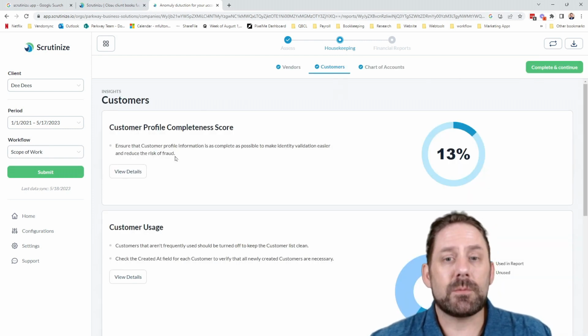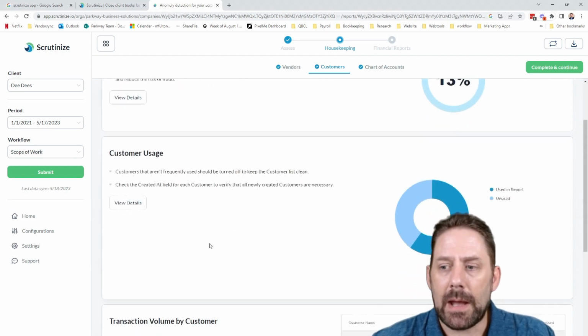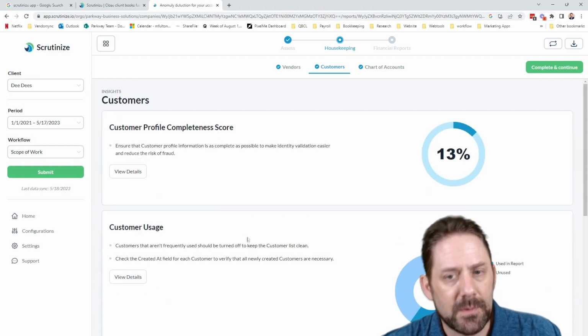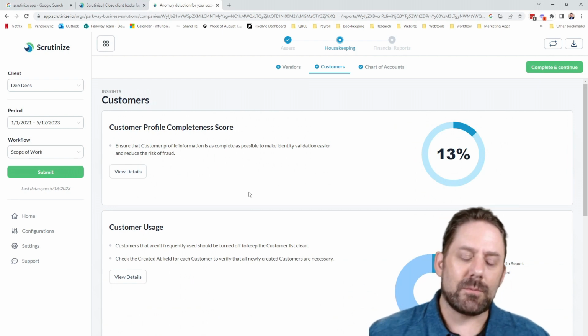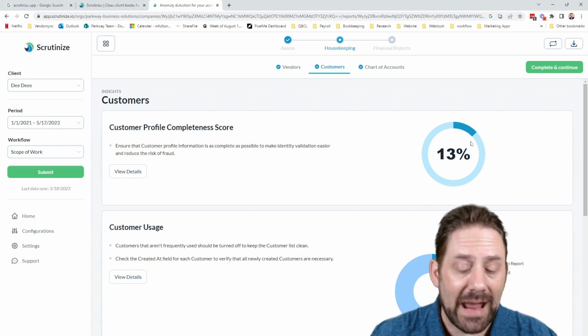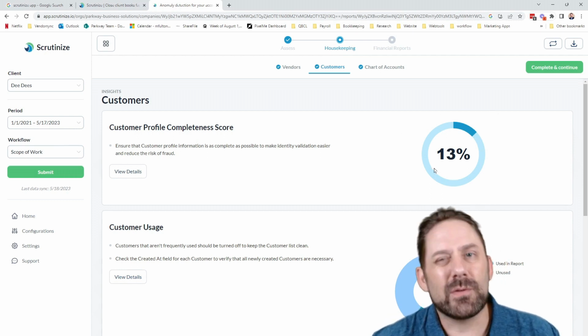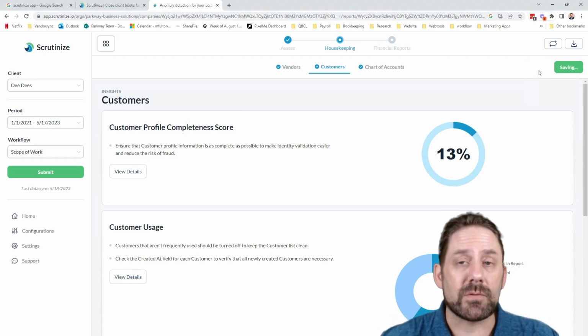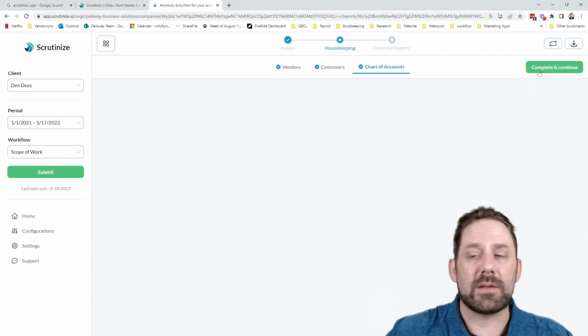Continue. Customers, profile completeness. Same idea, going to go looking through. This happens to be one where the customers, it's not being used to track the customers itself, so we wouldn't expect a high percentage here. If you're using a point of sale, so forth, you would expect that. But if you're invoicing out of QuickBooks Online, then you really want to make sure all that stuff is immaculate,